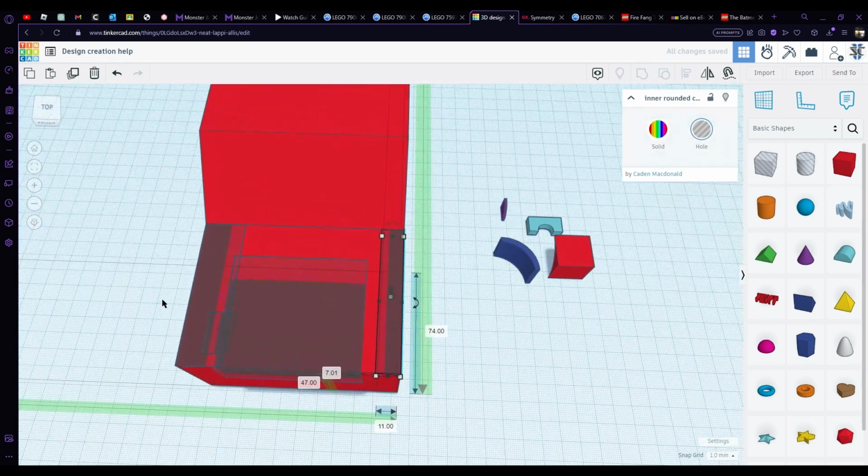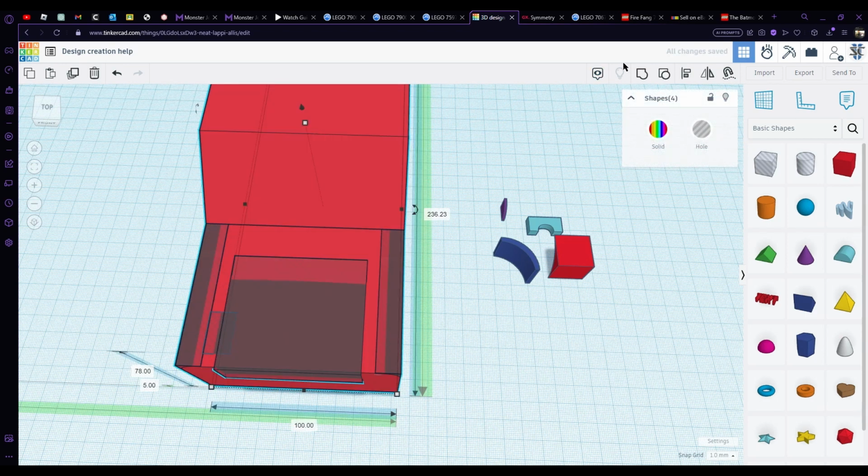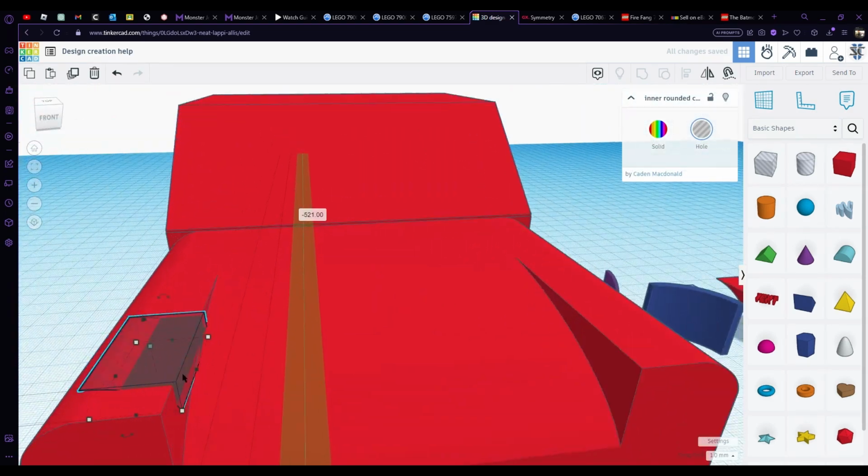This is now 11, so this goes to 11. Do that. Okay, so now we can bring that part in, and you're going to see a problem right now